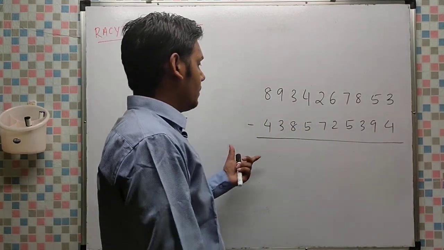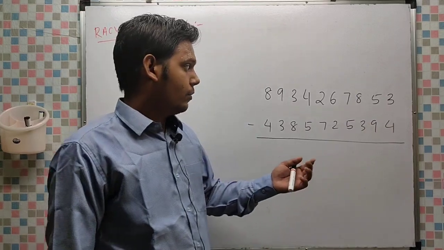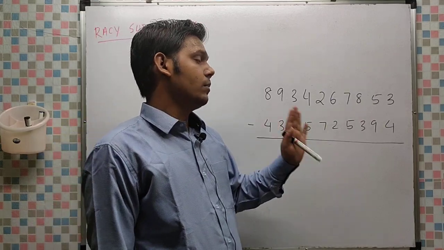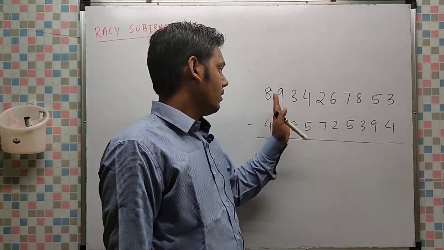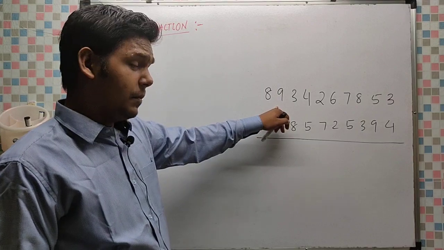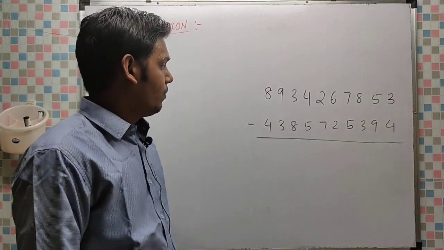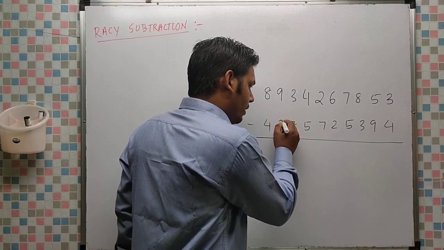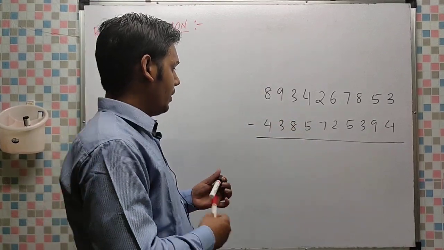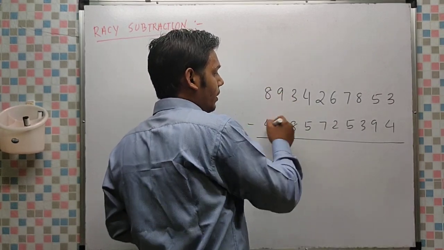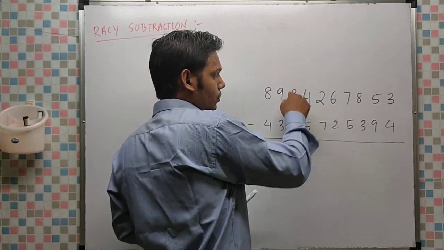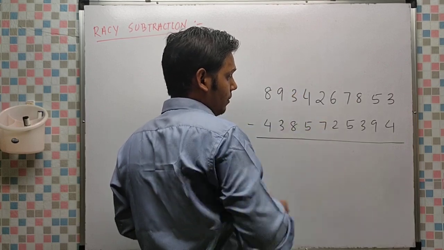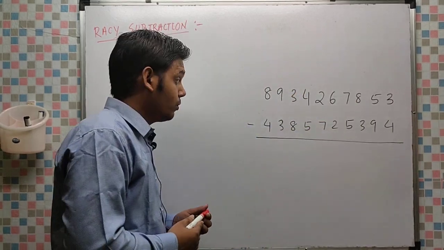So how to do it in the conventional method? Always we do it from right to left, but here we have to do it left to right. We have already done two-digit, three-digit and four-digit numbers, so we follow that method only. Whenever we are doing one column, we have to check the next column. Whenever we are doing the third one, we have to check the fourth column. Okay, so now what to do?